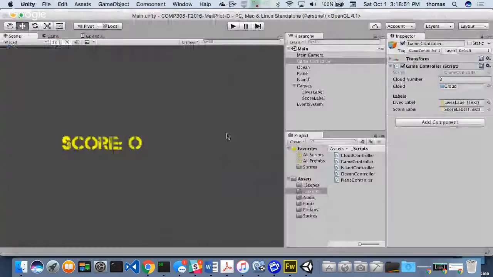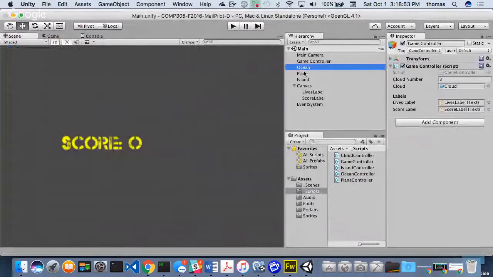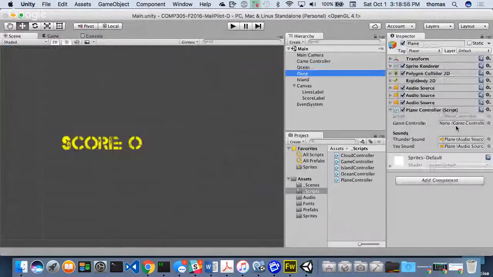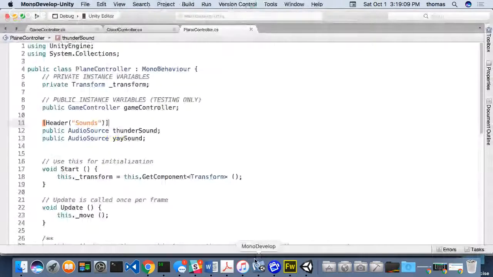Let's check this out. So if I go back to plane, it says sounds, and I need a reference to my game controller here. So I'm going to take my game controller right here and drag and drop it into my game controller. Okay, why do I need this? Because if I go back, now that I have a reference to my game controller,